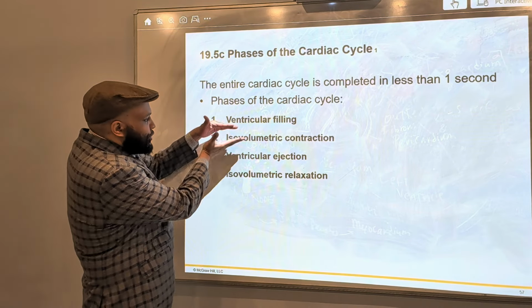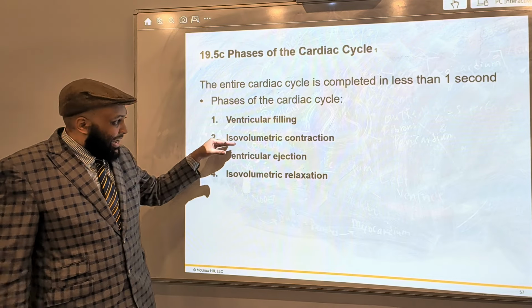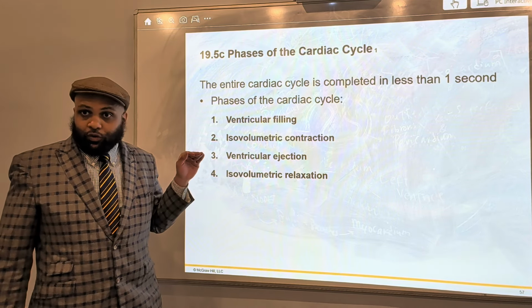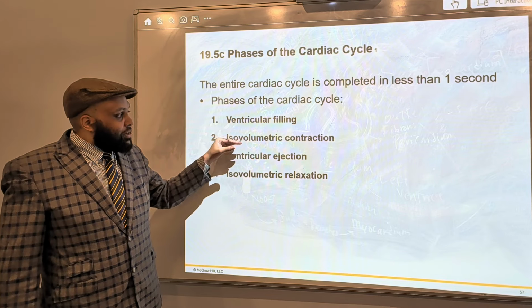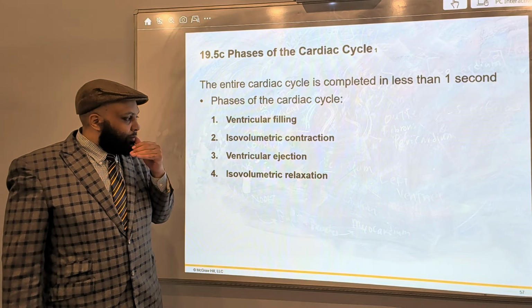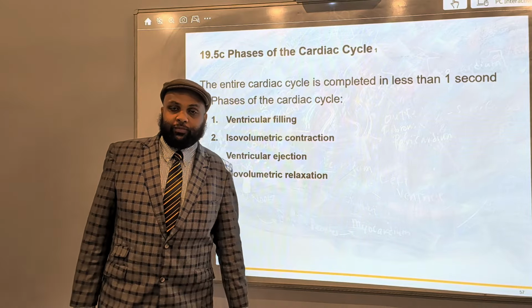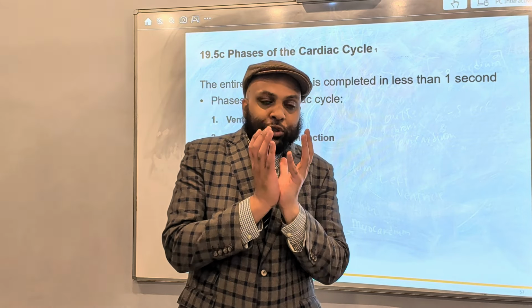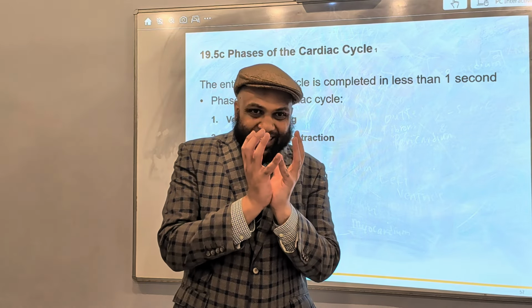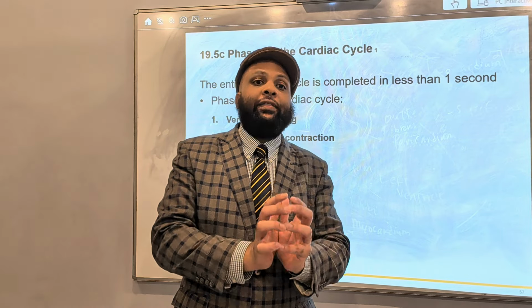But there are 2 neutral intermediate phases that are now being introduced, known as the isovolumetric and isovolumic phases. The first isovolumic or isovolumetric phase is the isovolumetric contraction. It means that it's the beginning neutral phase that precedes the actual contraction of the ventricles and the ejection of